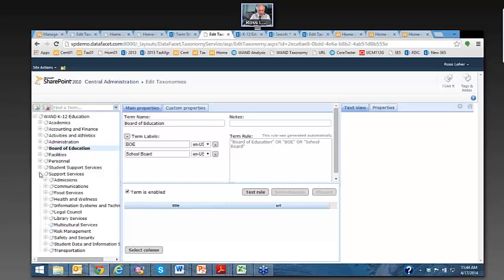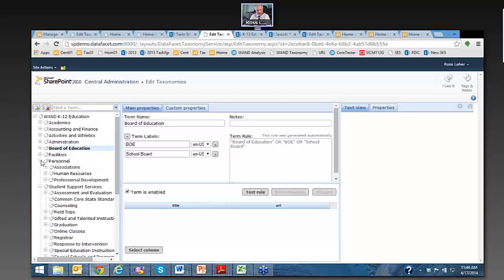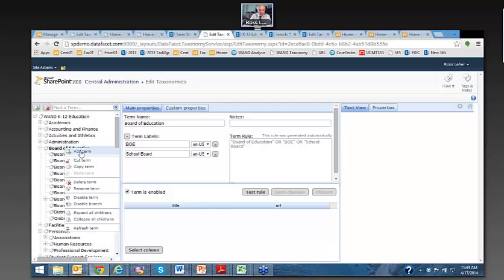So support services and student support services. There's 55,000 elementary school students in the United States. Board of Education. So within the context of the taxonomy management tool, we can add terms, cut terms, copy terms,